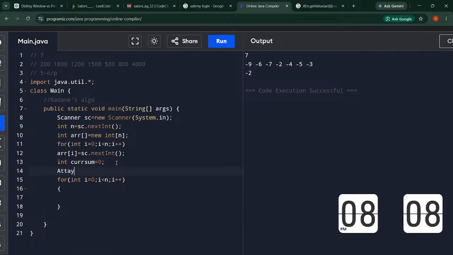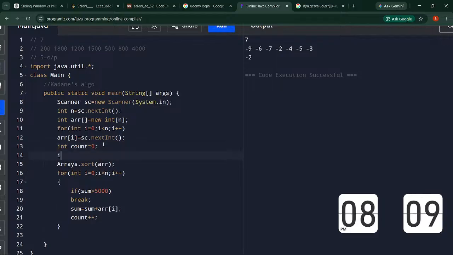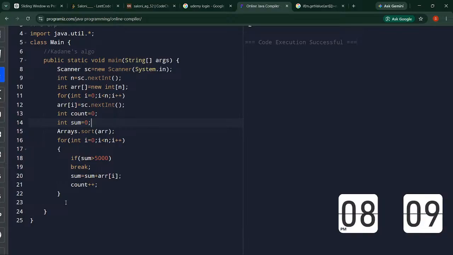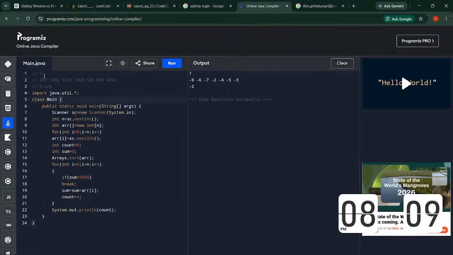ओके, अगर मैंने इस एरे को सॉर्ट कर लिया, ठीक है, if sum is greater than 5,000 हो जाए तो ब्रेक कर दो, वरना सम में ऐरे ऑफ आई डालते रहेंगे और काउंट प्लस प्लस करते रहेंगे। यहाँ पे हम एक काउंट वेरिएबल ले ले रहे हैं, ठीक है, सम वेरिएबल भी ले लेते हैं, ठीक है। फिर हमें बस बेसिकली कितने टॉयज ले जा सकता है, ये हमें इसका काउंट ही प्रिंट करना है, ठीक है। ये दिस नॉट कढ़ाने है जो प्रीवियस क्वेश्चन में थी। we will run it